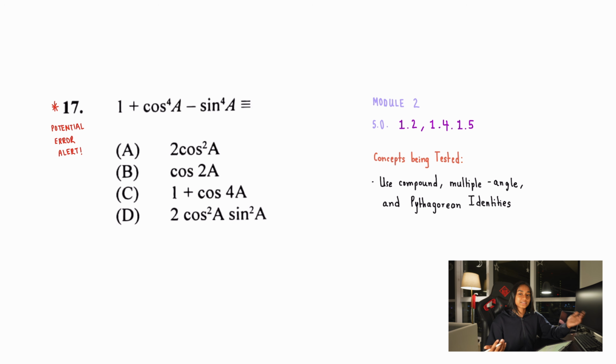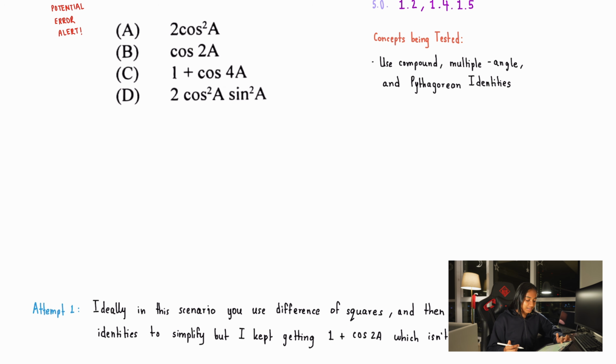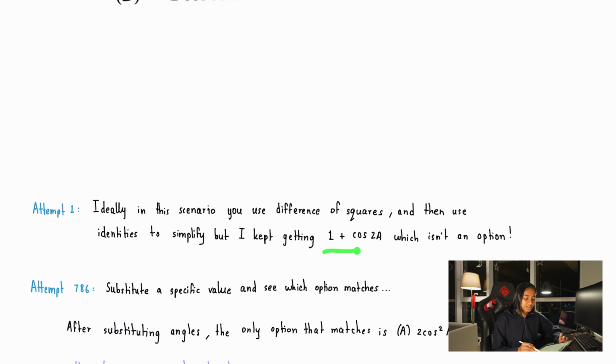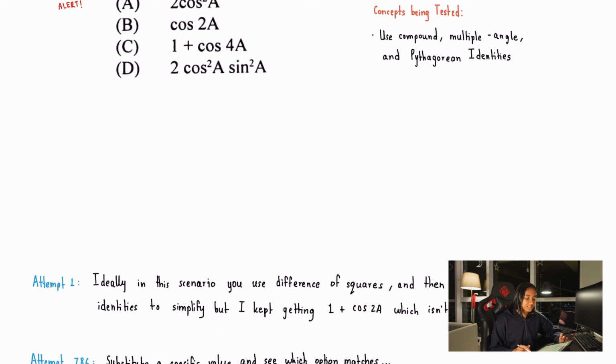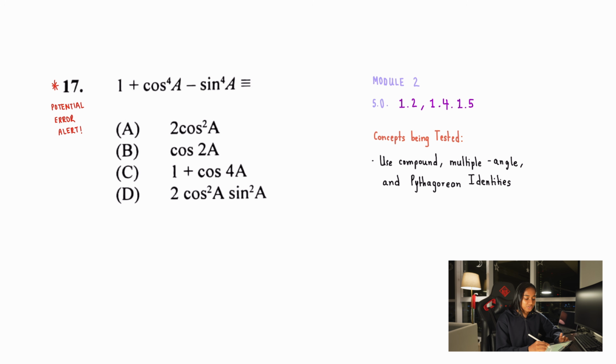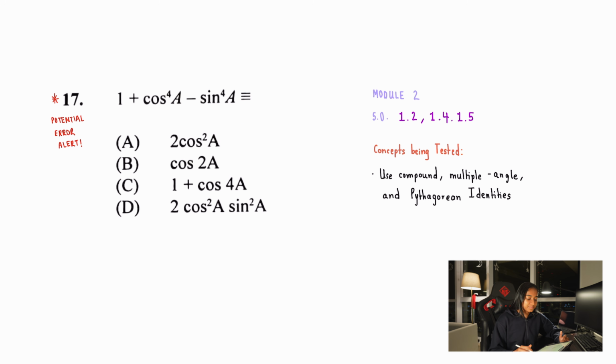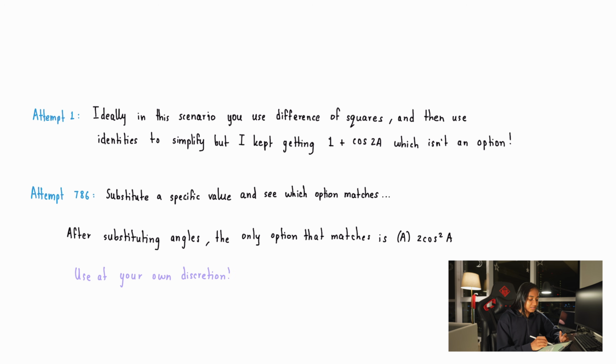I did that several times. So that was attempt 1, and then as you could see here, I just kept getting 1 plus cos 2a, which isn't an option, and I don't think I could have just crossed out the 4 and put a 2. So I was left with a problem. And then on attempt number 786, I just decided to substitute a value and see which option matched. Then, after substituting the angles, the only option that matched was a